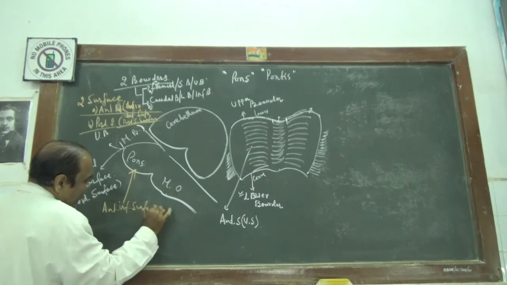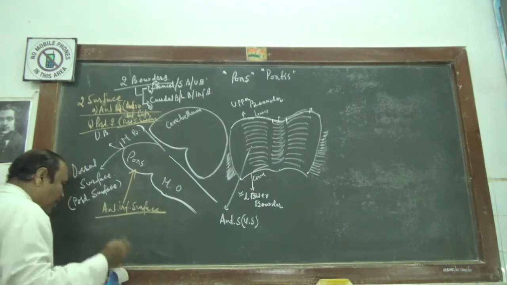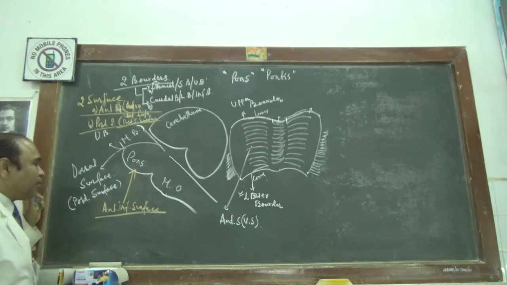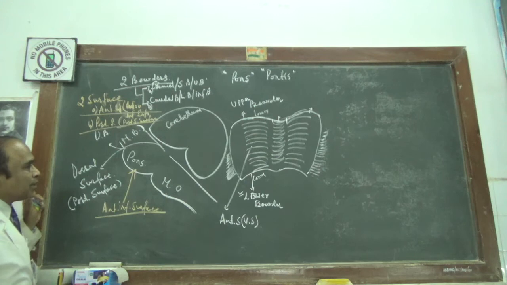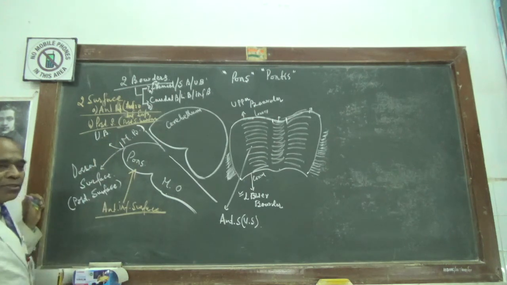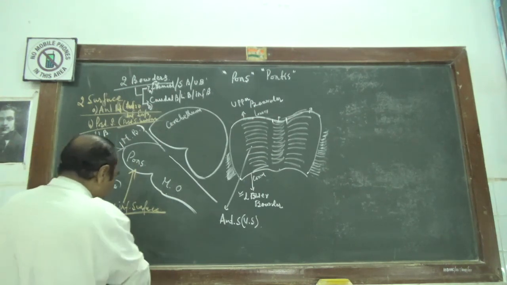Now this antero-inferior surface is also called the anterior surface, but because of its projection, it looks forwards and more downwards, and so it is called the antero-inferior surface of the pons. The antero-inferior surface of the pons is completely related to